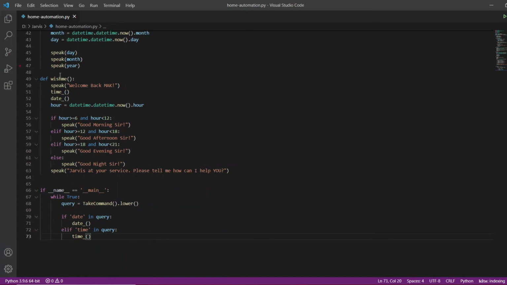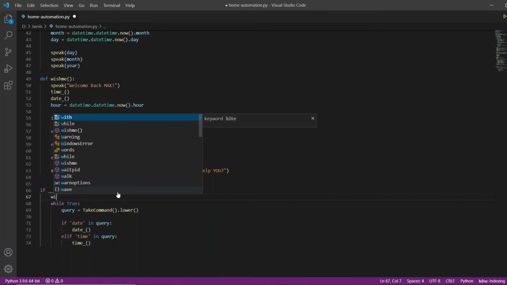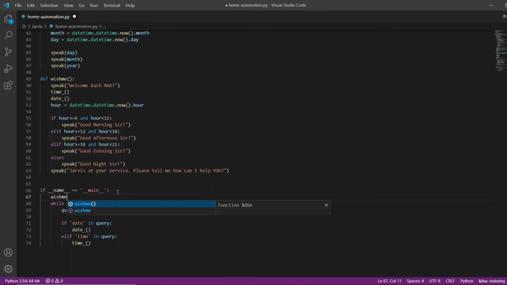Now to call this function in our main function I will go here. Before the forever loop I will simply call the wishMe function here, and I will save it. Now if I run this file,